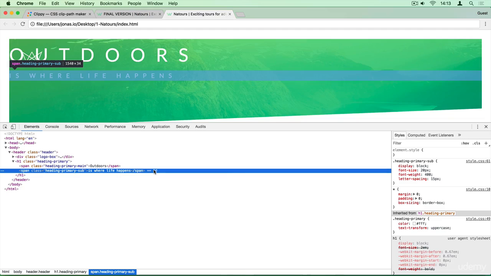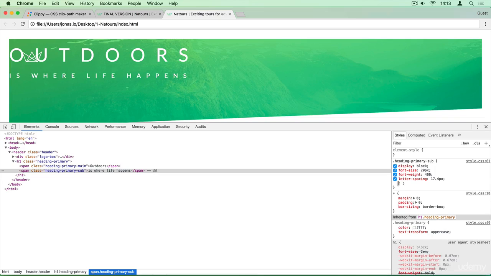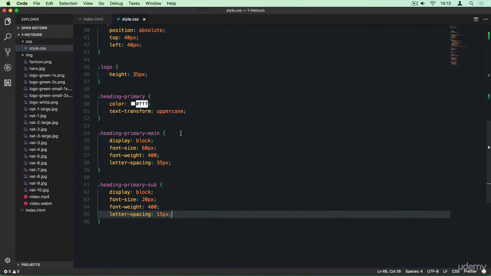Now we need to slightly increase the letter spacing here. So 17 looks good. Maybe 17.5, 17.4. Okay, so that looks about right. So let's memorize this, 17.4. And then also the weight of the font here looks a bit too thin compared to that one. Okay, so let's also increase that. So letter spacing is 17.4